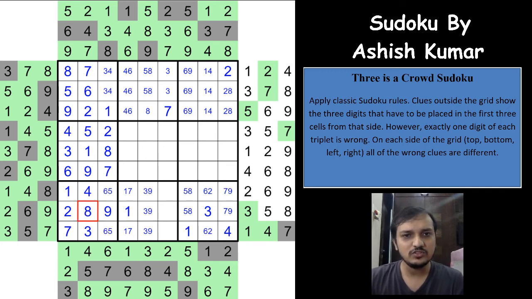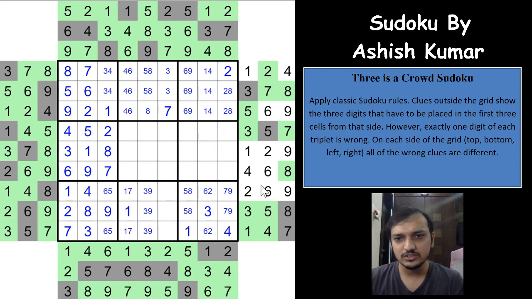Oh, okay, because of this 8 now, we can mark this 8 as wrong and this 5 as correct, and all the other instances of 8 to be correct, which means this 3 is wrong, and all the other instances of 3 will be correct, which means this 5 is wrong, and all the other instances of 5 are already marked. Okay, so which means 8 is wrong, so 8 cannot be here, which means this has to be a 5, right? 8 is wrong here, and you cannot place an 8 here, which means this has to be a 5, this has to be an 8, and